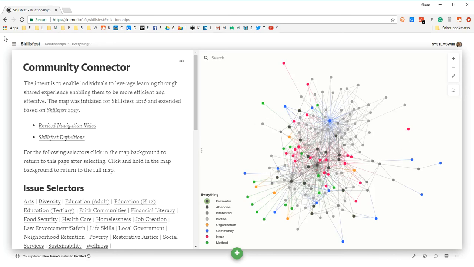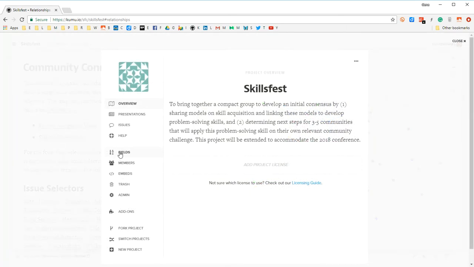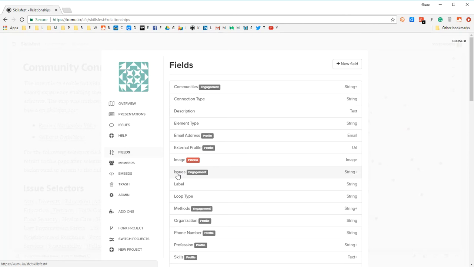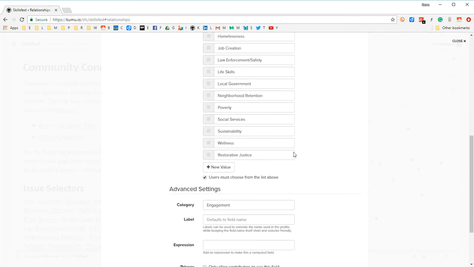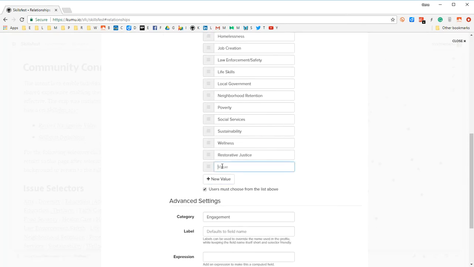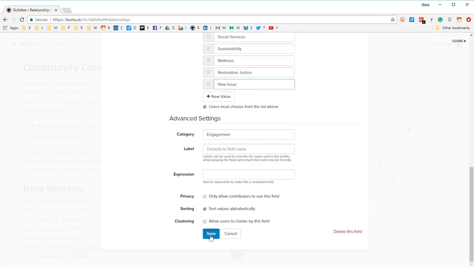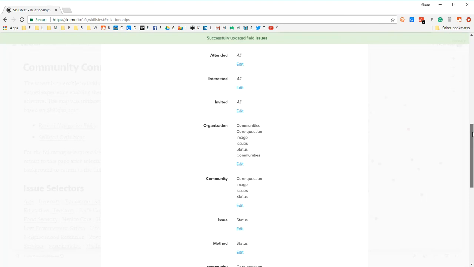The second part is that you have to go to the fields area, go to issues, and you have to come down here and add new issue and then save it, so that in the future,